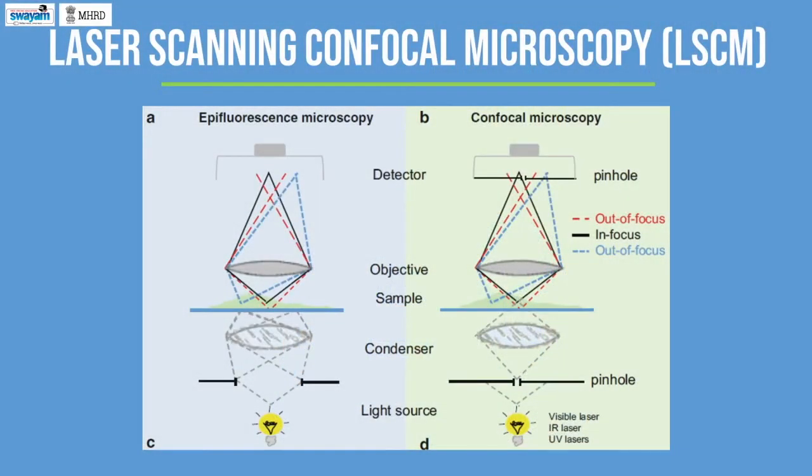Another major difference between fluorescence microscope and LSCM is a pinhole. What is a pinhole? It is a device that removes unwanted or out of focus fluorescence light. There are two pinholes, one at the excitation site for filtering the reflected or scattered light. A second pinhole is kept just before the PMT detector to block the out of focus fluorescence light as well